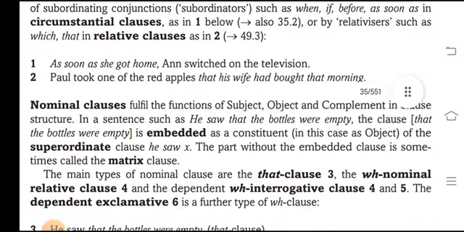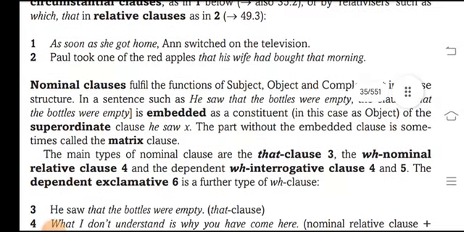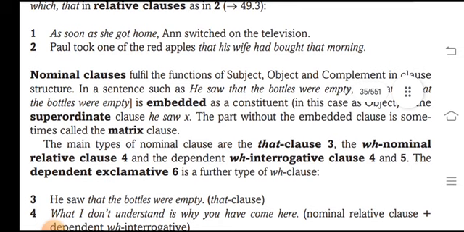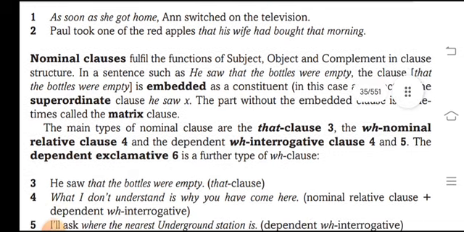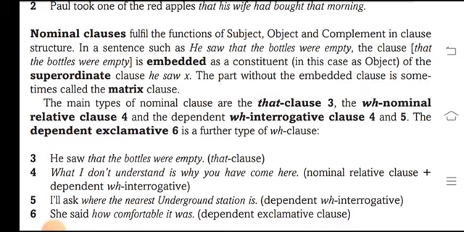relative pronouns, such as which and that in the relative clause, as in "as soon as she goes home, she switches on the television" and "Pock took one of the red apples" and "that his wife had the throat". The meaning of the nominal clause fulfills the functions of the subject, object and complement in the clause structure of another sentence, such as "he showed that the bottles were empty". The clause "the bottles were empty" is the